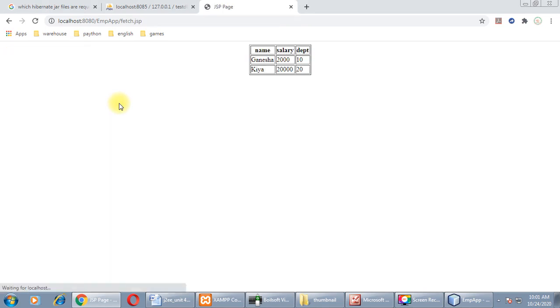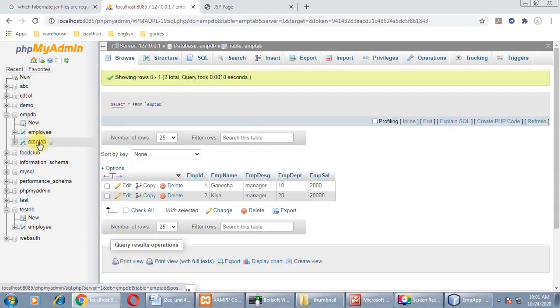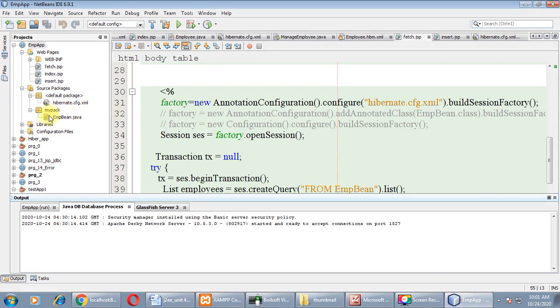Record inserted, and we click on show all records. This will display all the records available in our database, right? So in this way, empdb, emp tab, these are the records stored in this table. So this is an example of an annotation file.